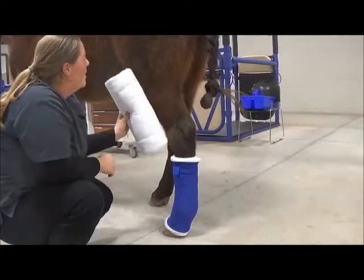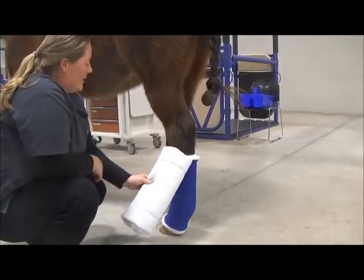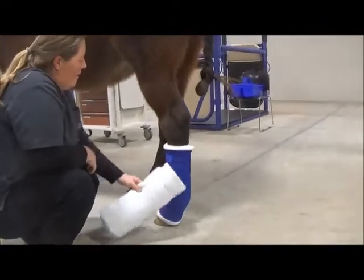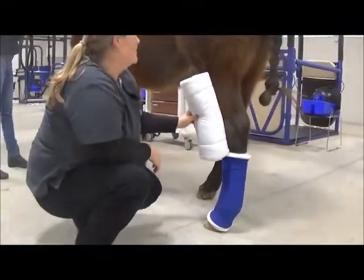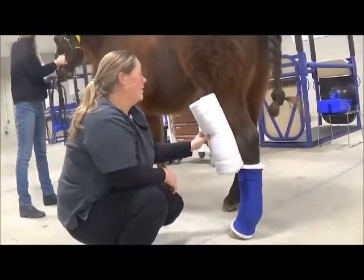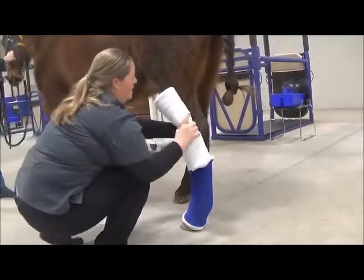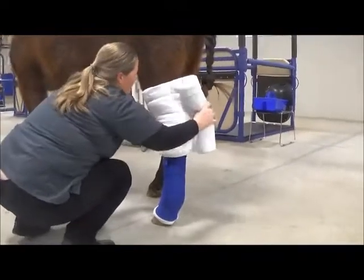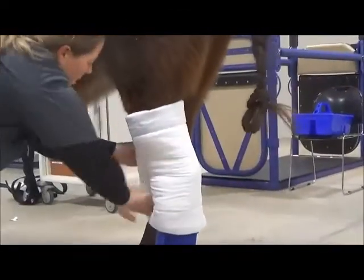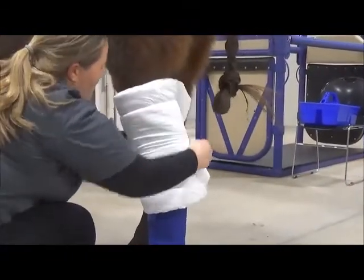So with Ruby, she has a fairly short leg, so this is a 16-inch long pillow, and this will be another 16-inch, and that'll be almost, really almost long enough to cover her entire leg. So same idea here, you're just gonna wrap this around as tight as you can. And then